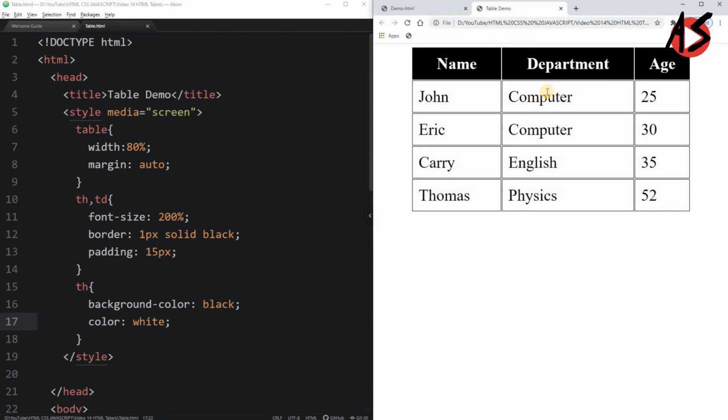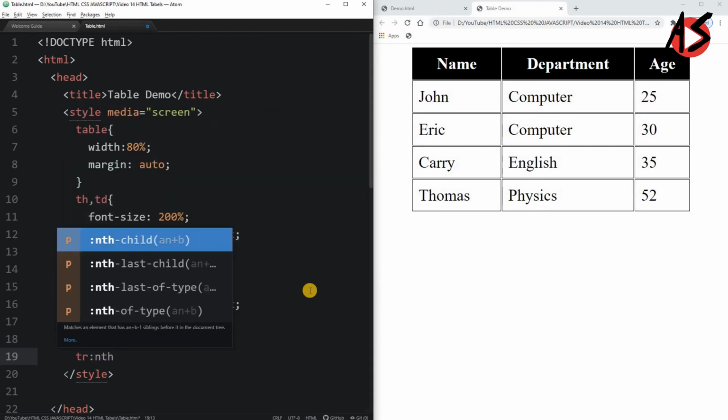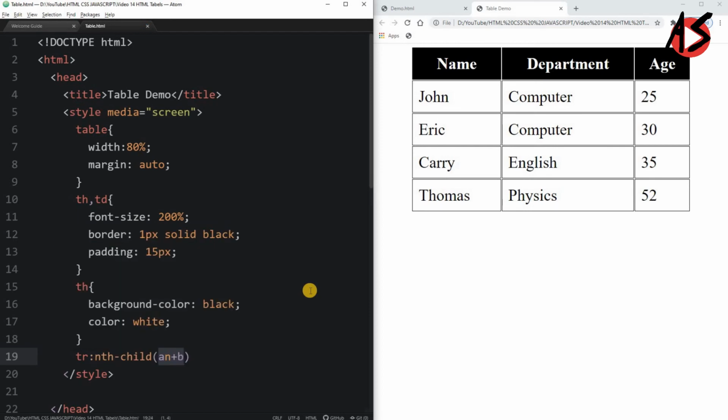Now to read the row in a bigger table is difficult sometimes. So we will give different colors to odd and even rows. So here we will write one more style for the TR, that is nth child, and in the nth child we will write for the even childs here.